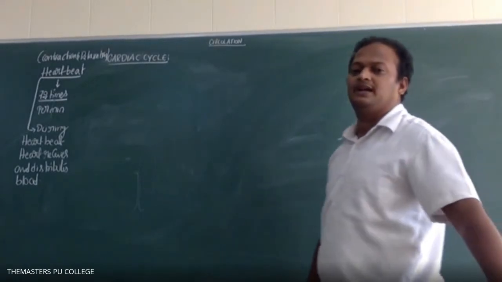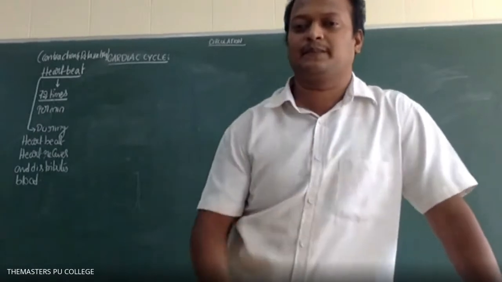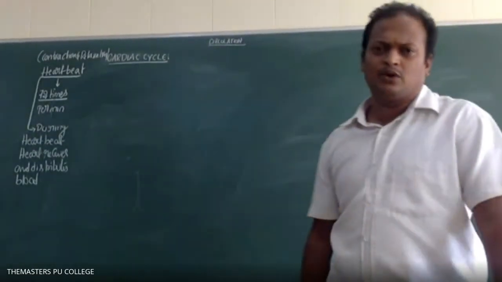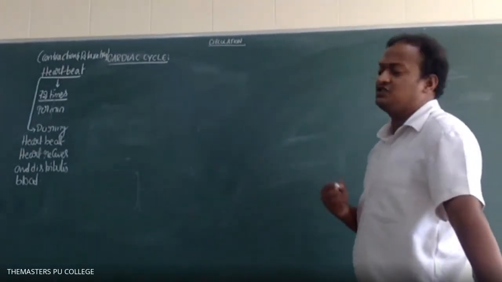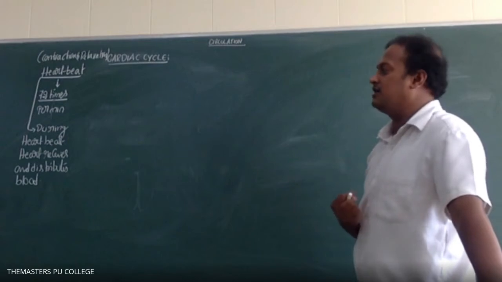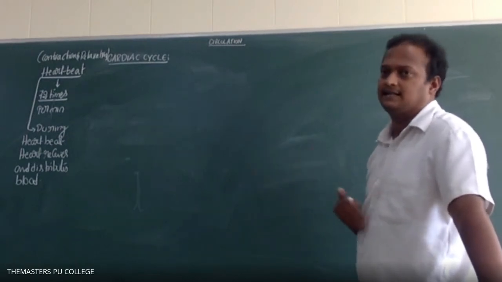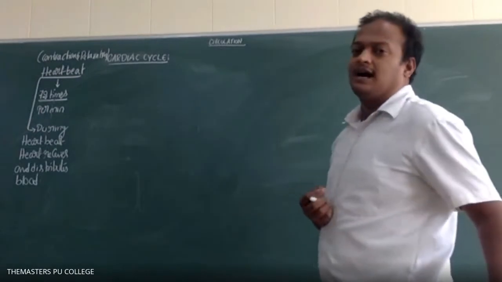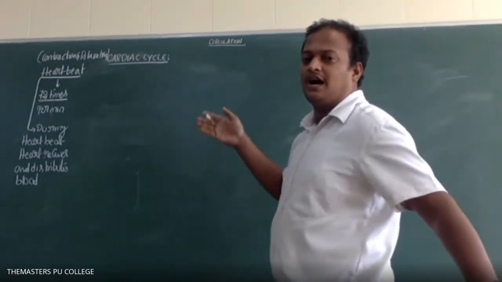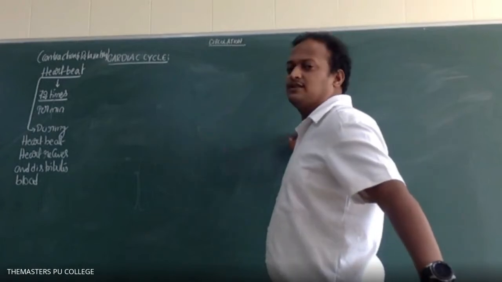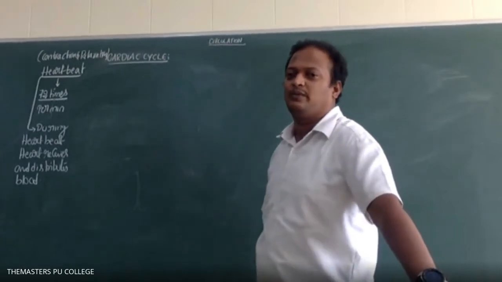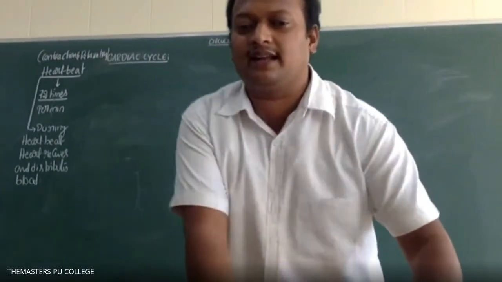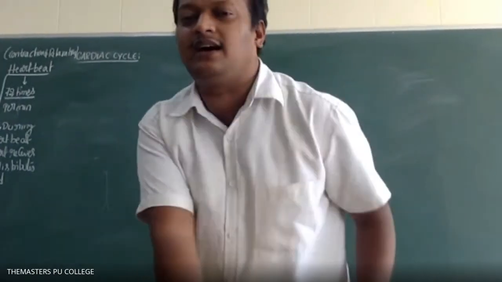So during a heartbeat, what type of changes? The heart receives the blood and the heart distributes the blood to all the body parts and lungs. So, cardiac cycle. Is the heartbeat a continuous process, or does the heart take any rest between 1 minute or 2 minutes? No, there will be a relaxation time of a few milliseconds.